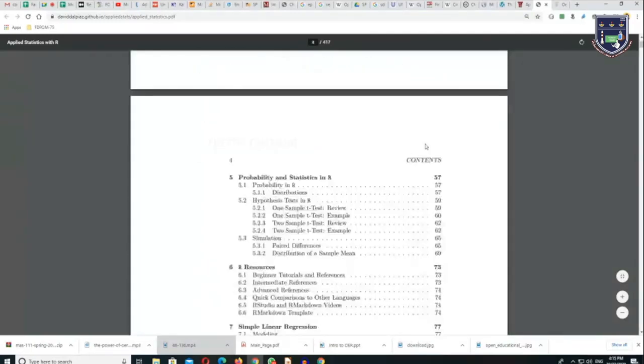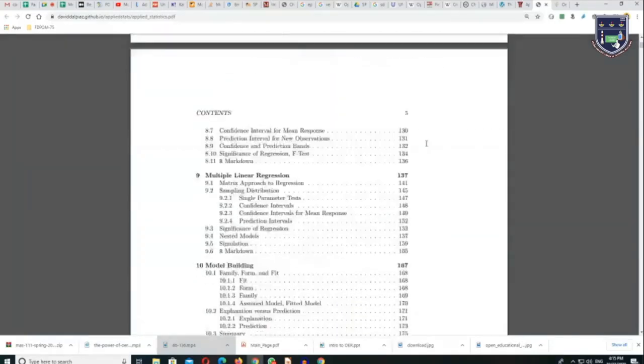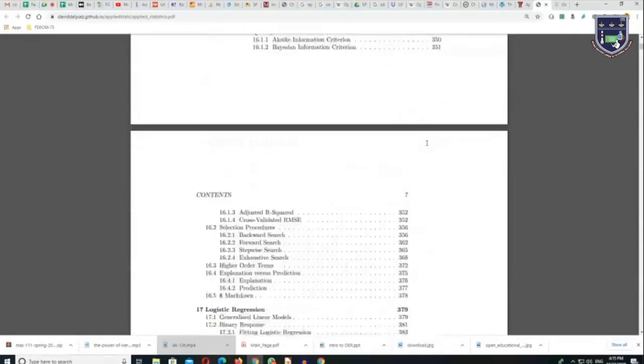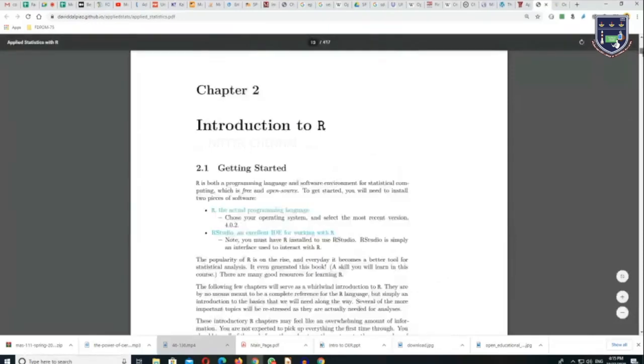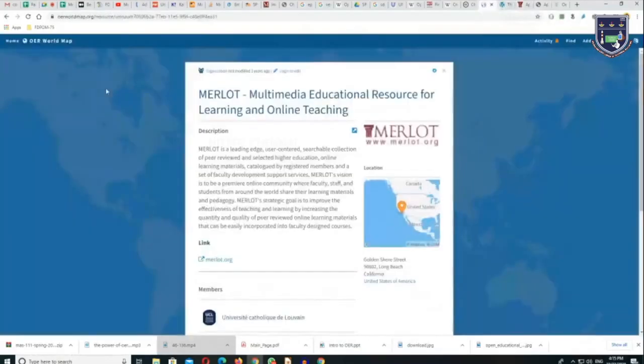And it's a good material for me, from my perspective, interested in statistics as well as in R and Python. I think this one will be very much helpful for my learning. So likewise, you can find good resources. So we started with the OER world map, and once I have logged in,